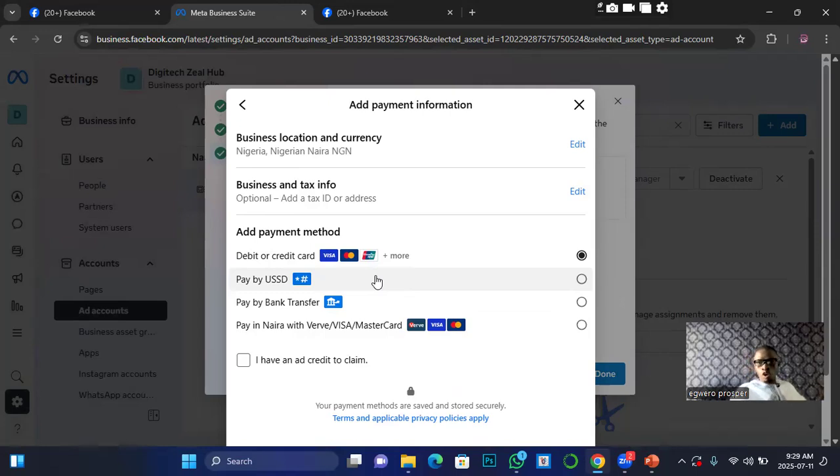And it's not even all MasterCards that it accepts. So there is debit or credit card, pay by USD direct transfer, pay by bank transfer. If any of these options goes with your terms, fine. If they don't, then you have to choose. But in this case, I'm going to choose this one: pay in Naira with